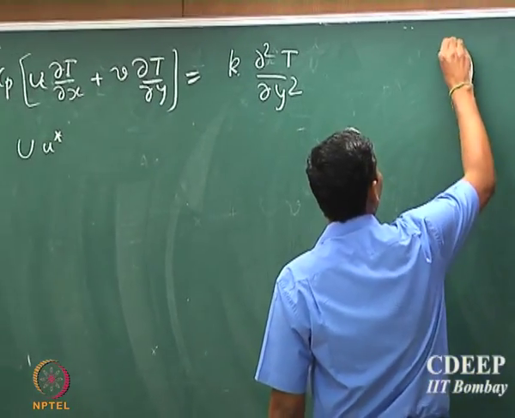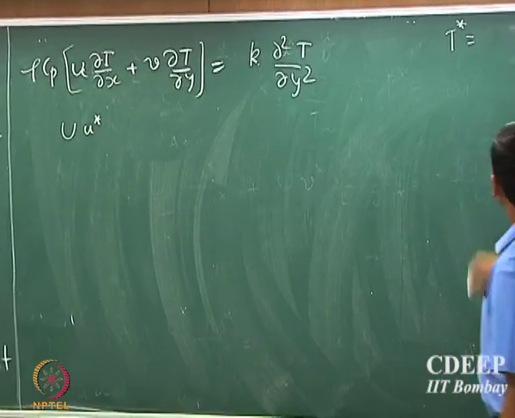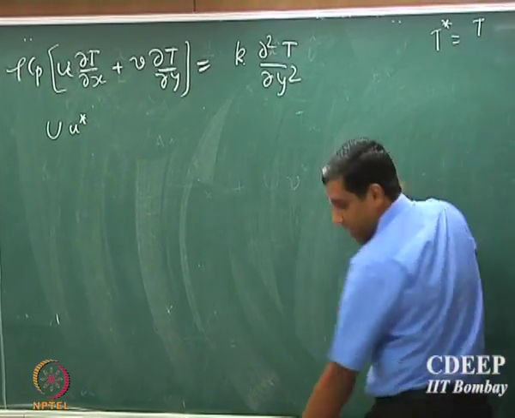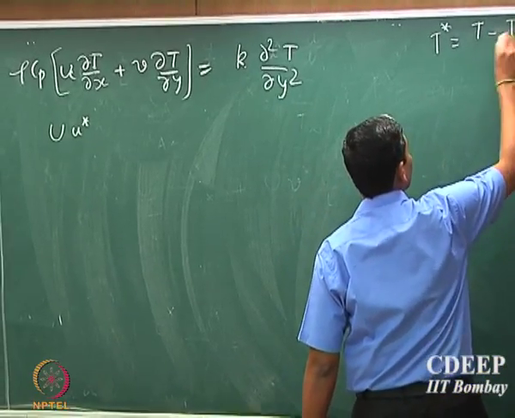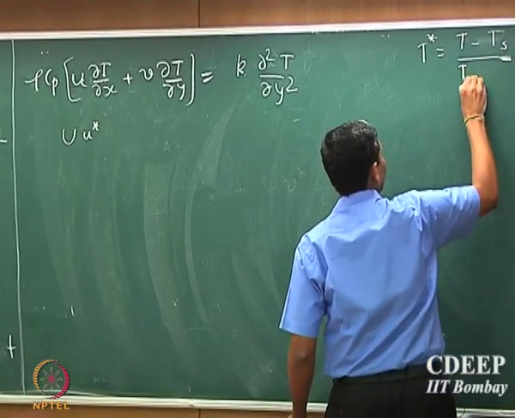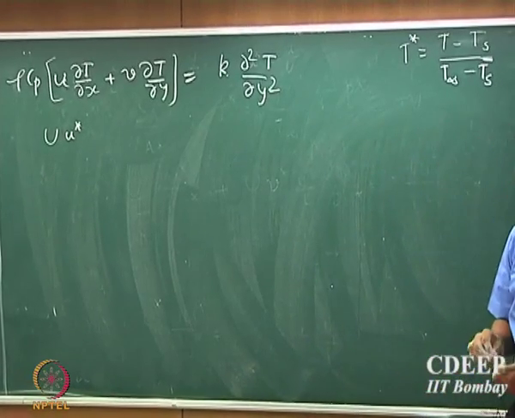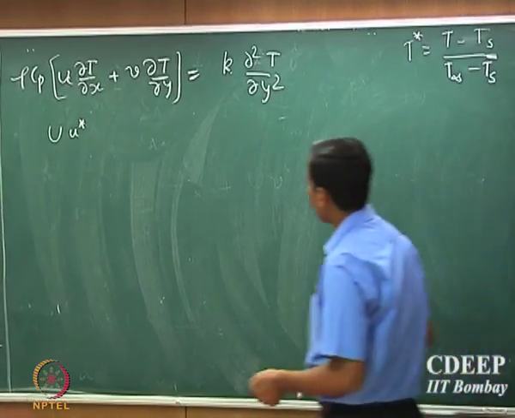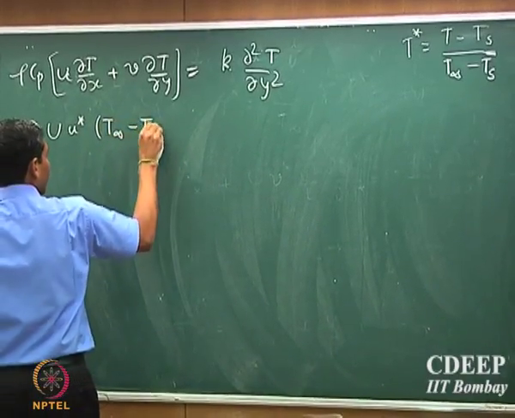So the better way to define a scaling for the temperature is T minus T surface divided by T infinity minus T surface, okay. That is a better scaling to introduce, and if we introduce that scaling, it will be T infinity minus Ts